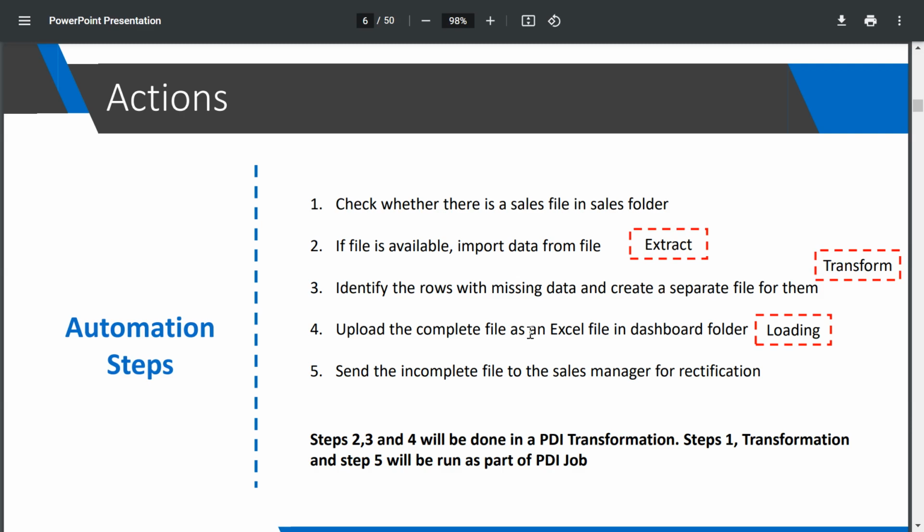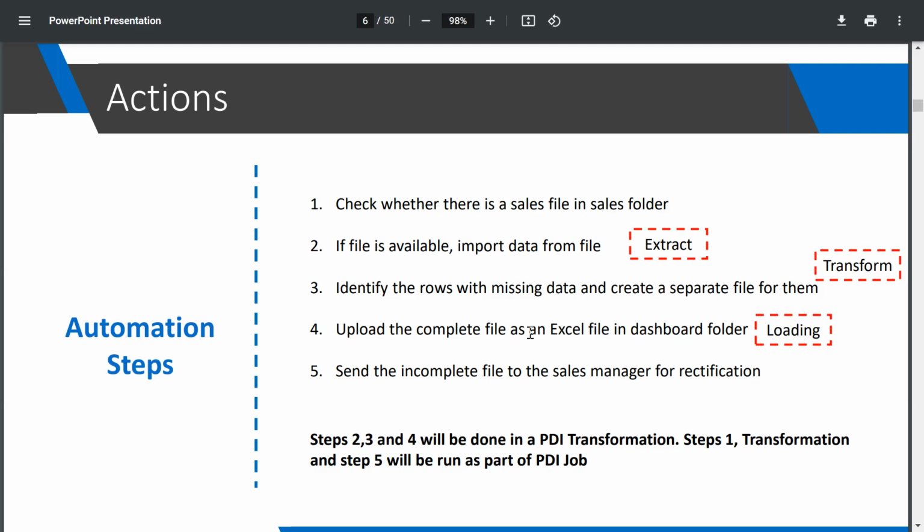After checking that the data is there in the respective folder, maybe on the cloud or wherever the data is stored, if the file is available, the first thing I want to do is import data from the file, and after importing that data, we identify the rows with missing data, and we create a separate file for them, then upload the complete file as an Excel file in our